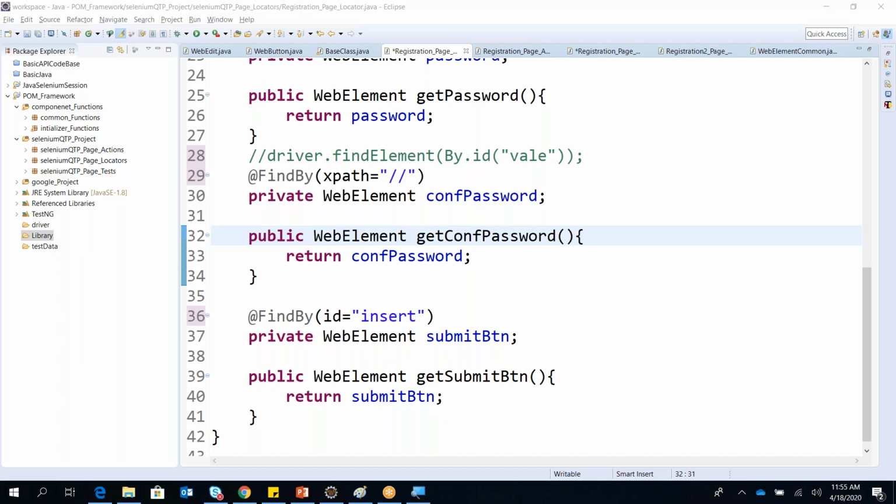Yes, you can use the wait here. I didn't use it because it may take some time, but wait can be used directly with your web element. Wherever you are using the web element in the locator file, you can just add your wait, that is your explicit or any other wait which you want. That wait you can use there, so that every test will check for the proper wait.